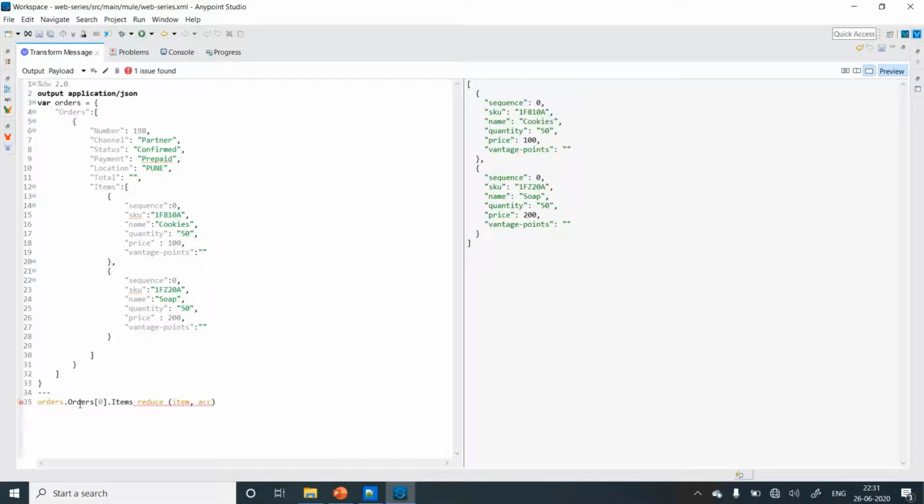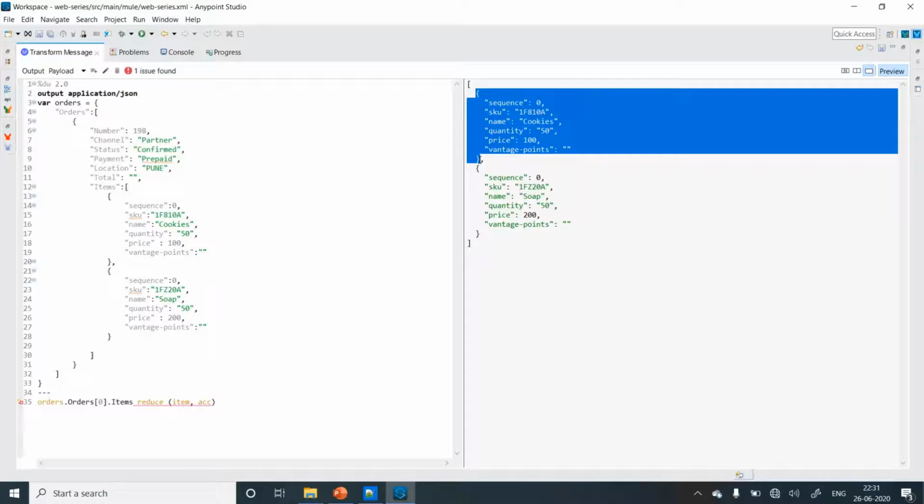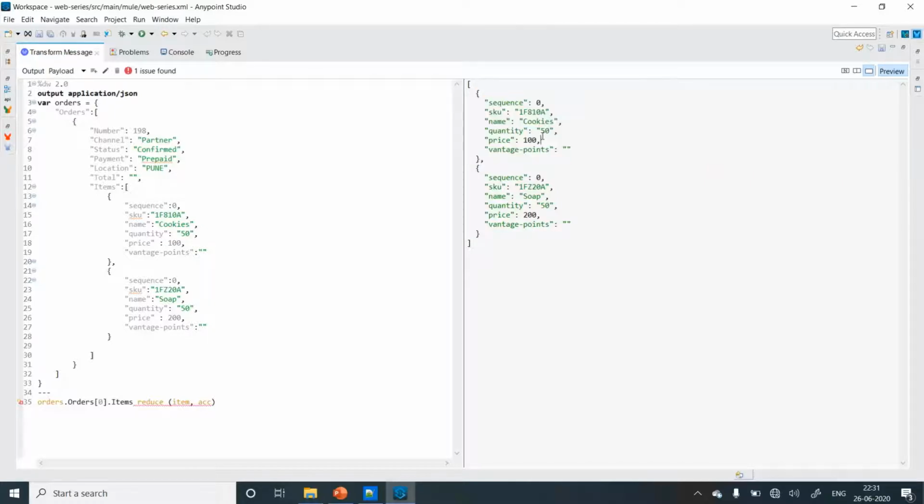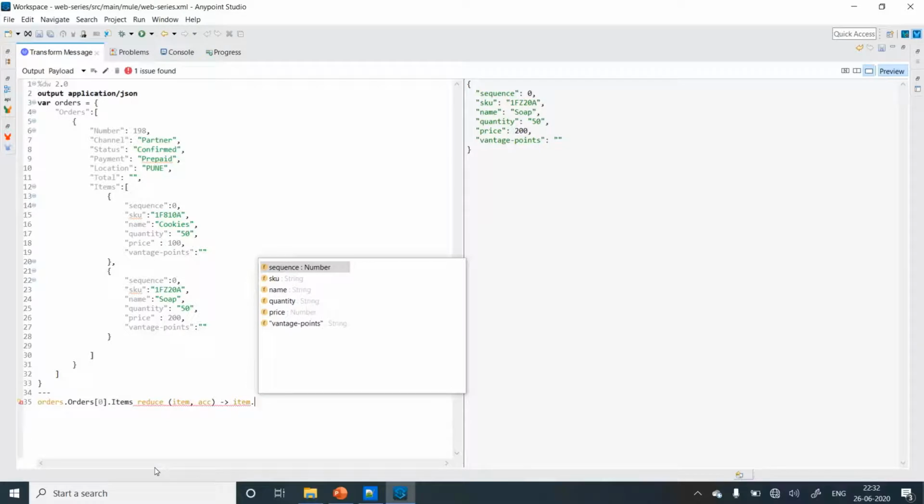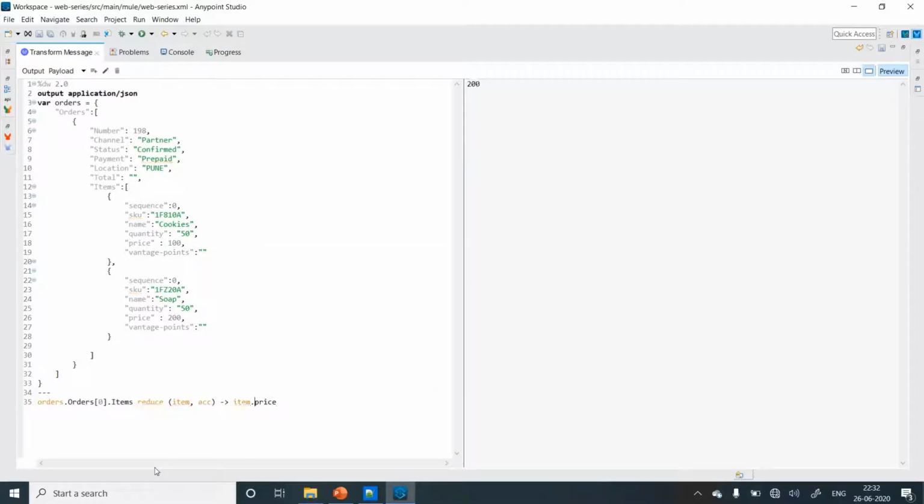Now again, if I do not initialize the accumulator over here, by default it will take the first element of the array as the accumulator, which we do not want to happen because we want to add the numerical values. Or else let's try and see what errors we get, right? So give the anonymous function implementation, and what we'll do is item dot price. This is what we want to add, right? And now we got 200. Why? Because it took the last value, but I want to add this value to the accumulator,